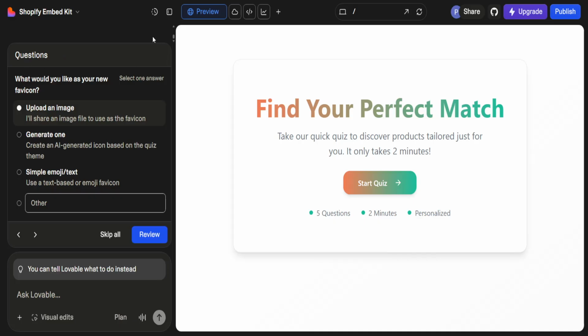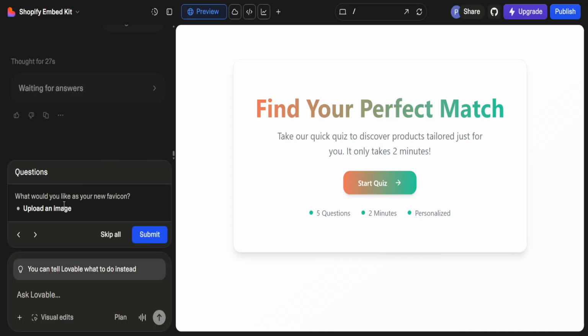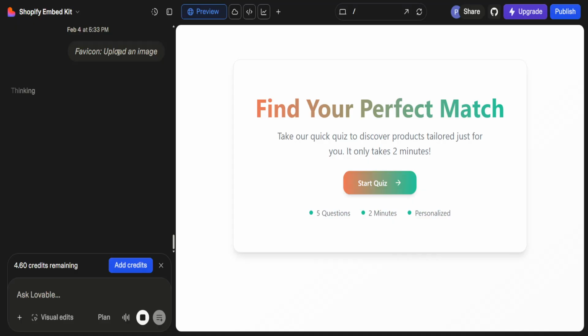Once you type the prompt add favicon, then here it's going to show you upload an image, and you can choose and submit your type of favicon upload the way that you want it. Okay, so here if you click on upload an image, it is going to give you the prompt,